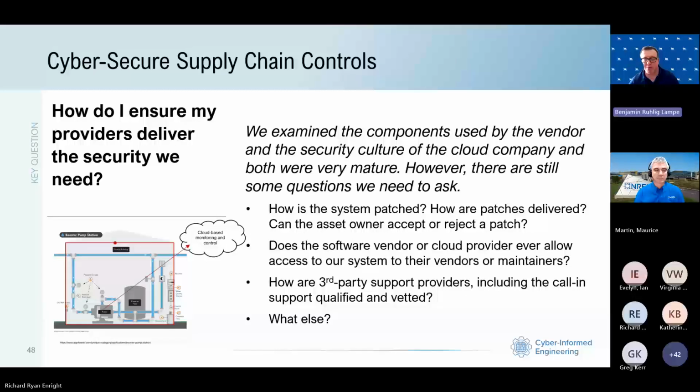This is especially important when we think about contracting as part of maybe incident response or just defense in depth, allowing your vendors or